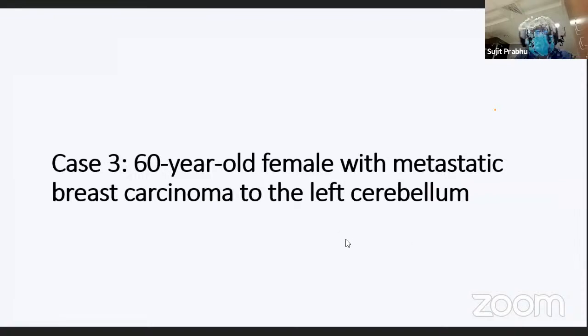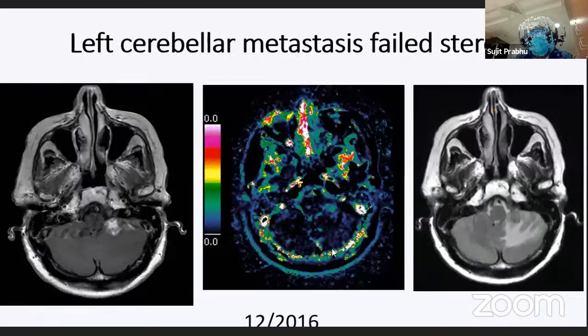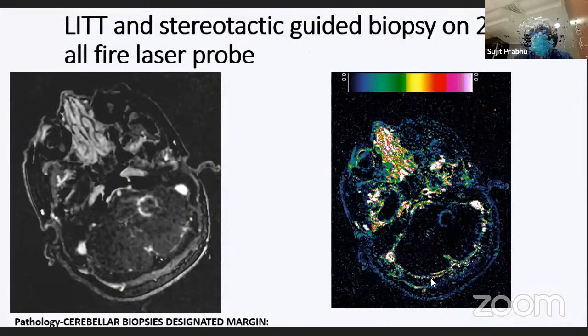This is another example of a 60-year-old female with metastatic breast carcinoma to the cerebellum. Again, this is a deep left cerebellar mass showing on the DSC scans some variable blood flow, a lot of edema in the posterior fossa. This is a scan from 2016. This was our approach. We do this frequently in the posterior fossa, and this is an immediate DSC scan showing